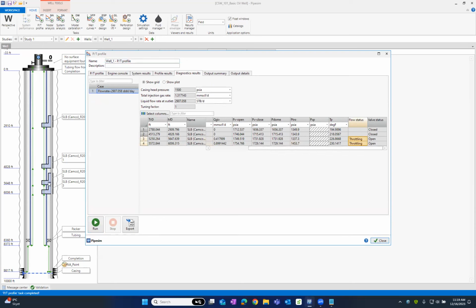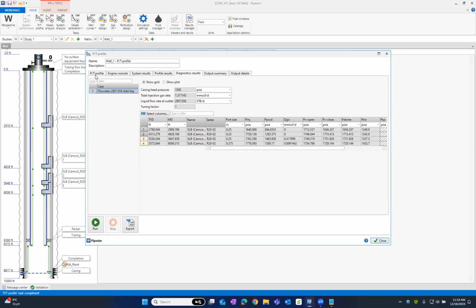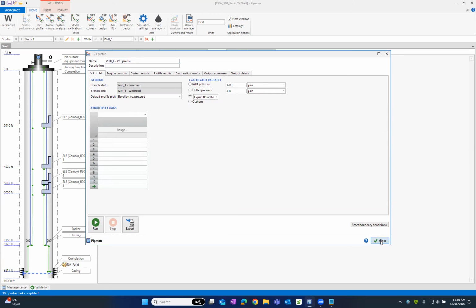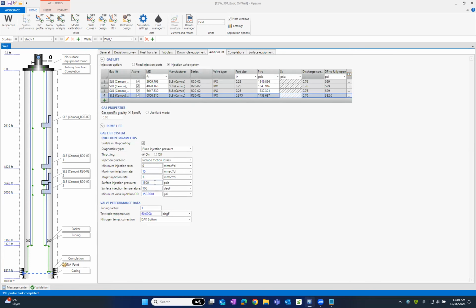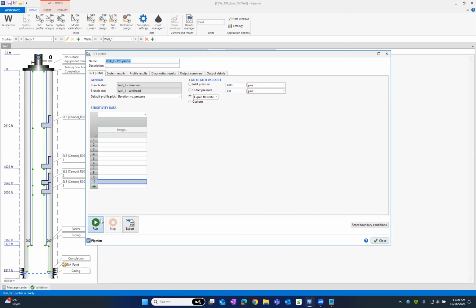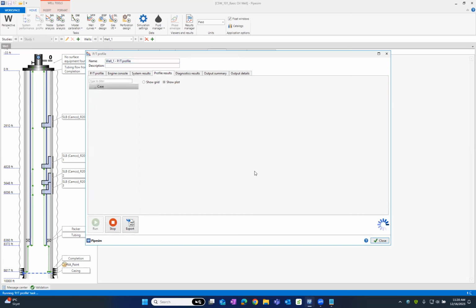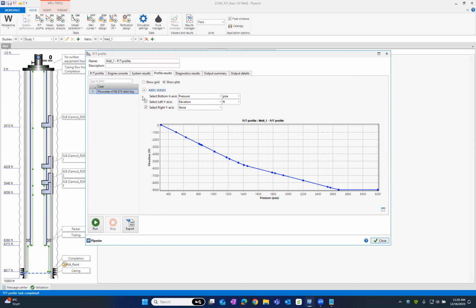I have 2 valves that are open, and they are throttling. That means I need to improve my design. I can go back and do another design, or I can ask what will happen if I increase the surface injection pressure. For example, instead of 1500, let's make it 1600 and see if that will improve the situation. Now I'm producing much more. Go to show grid,